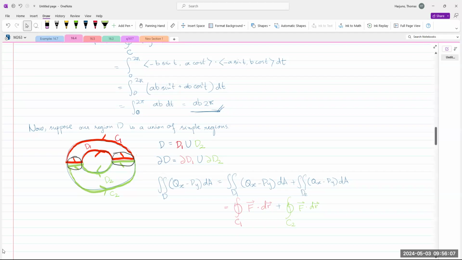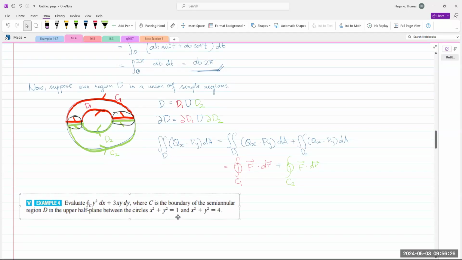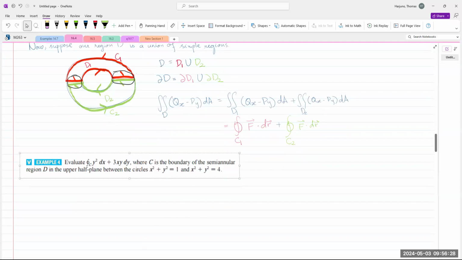Okay, now let's take a look at example 4. I like this example, by the way. Example 4 and example 5. So in example 4, we have this question here. Evaluate this line integral over closed curve C of this vector field, where C is the boundary of a semi-annular region,